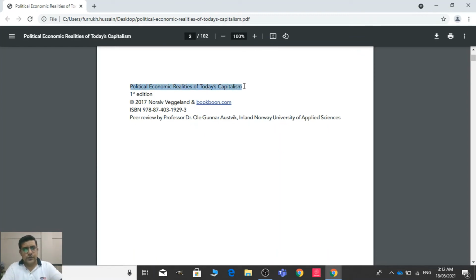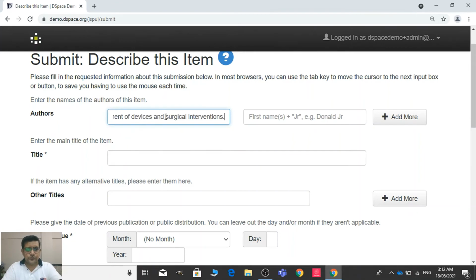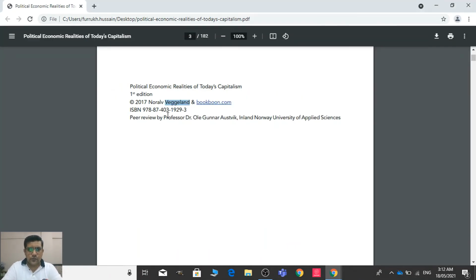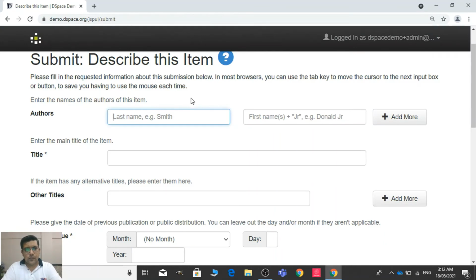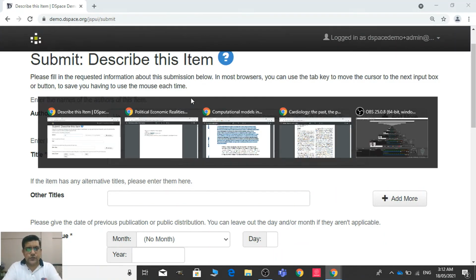So let me do that. Okay, it's not an OCR scan, so we need to type